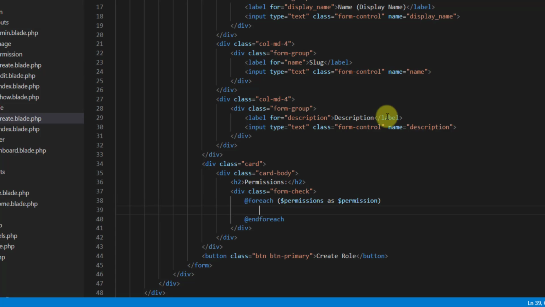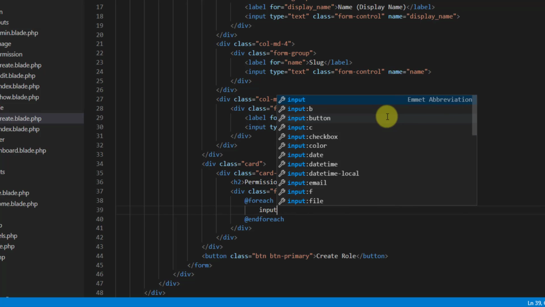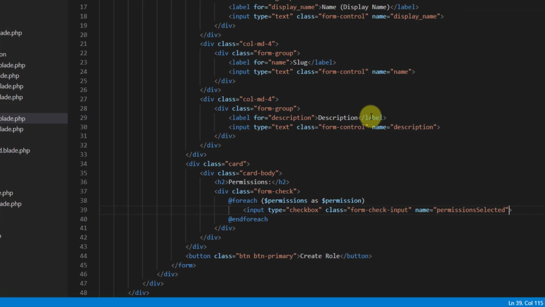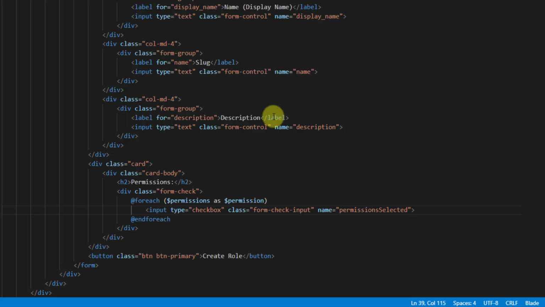and inside here what I want to do is create my input. So input type should be checkbox, and class should be form-check-input, and let's also give it a name of permissions selected. And the other thing, let's also give the value double curly brackets, and our permission variable arrow id,